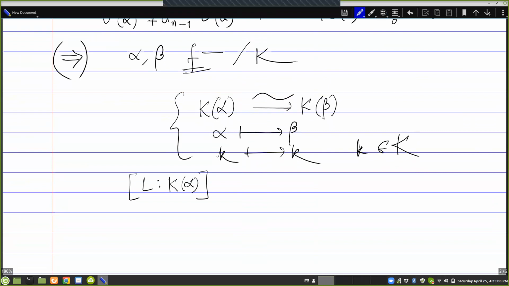This isomorphism fixes K, so you can regard this isomorphism as an embedding of K(alpha) inside C, which sends alpha to beta and fixes every element of the bottom field K. Now we can extend this embedding in many ways to an embedding. In fact, the number of ways is the same as the degree of the extension, but we don't have to bother about that. All that we need is that this can be extended to an embedding